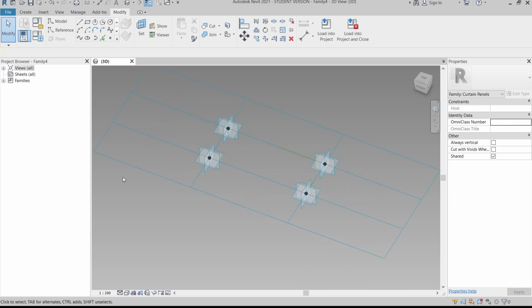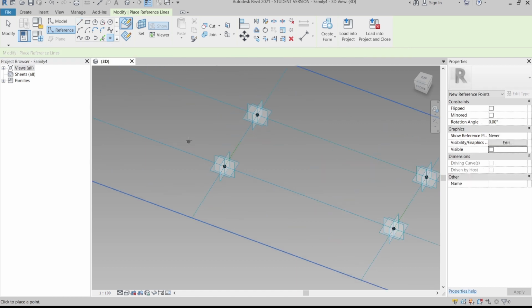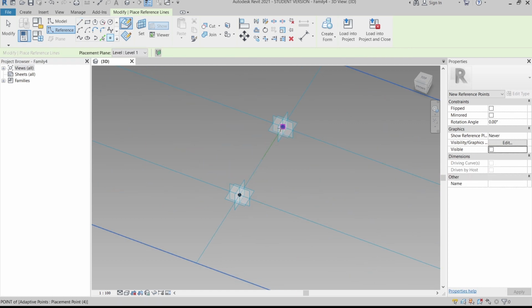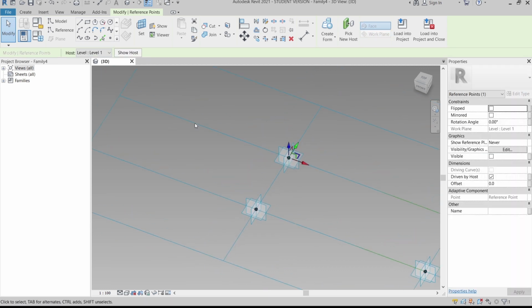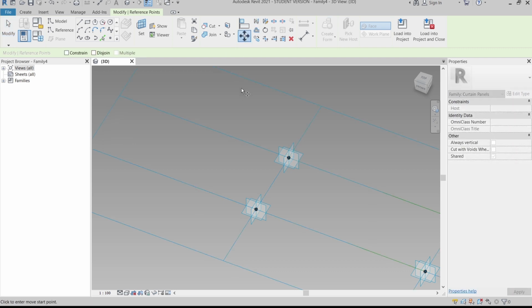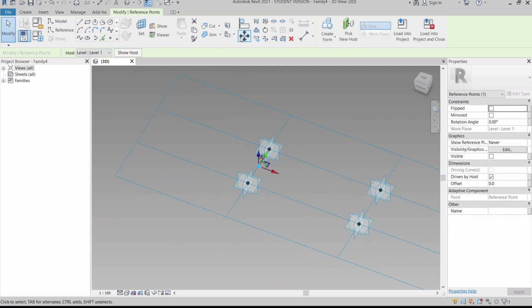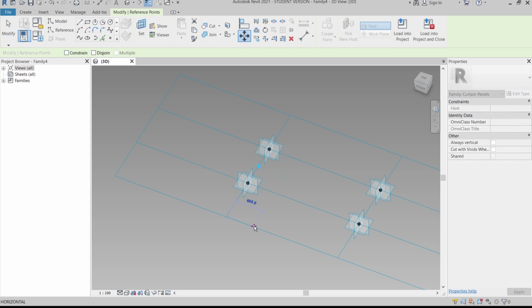What I'm going to do next is create some references first. I select the reference point, start placing it at this corner, then hit Escape. Then I'm going to move this reference point, which we'll offset with a parameter. Use Move, or press MV on your keyboard, then move it half a meter, 0.5 meter, and move this one up 0.5 meter also, or manually type 500 millimeters.